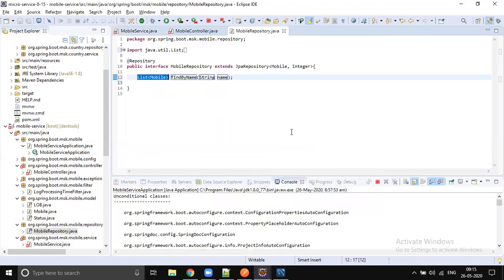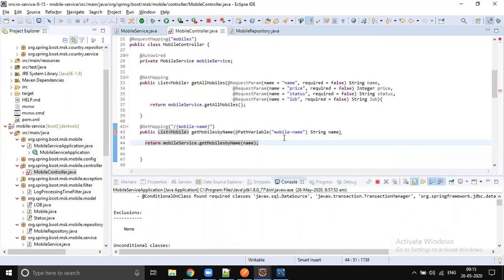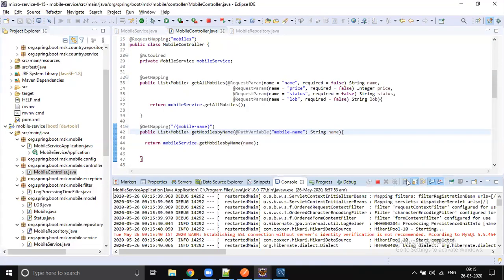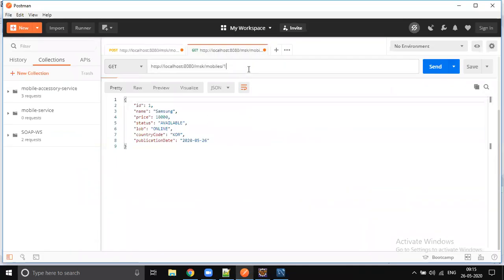It will show IntelliSense. Create the method. So we created a new method in the repository and a new method in the service class. Now let's go to Postman and call this method. Let's pass the mobile name. We have mobile by ID, but name is not there.